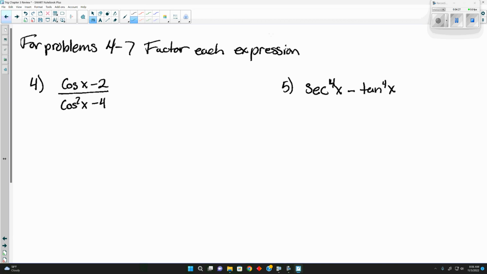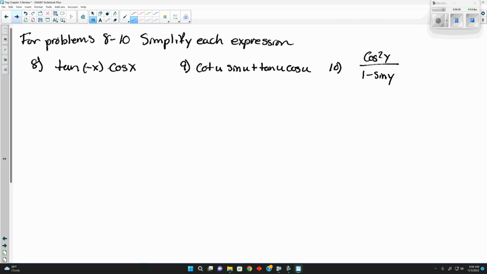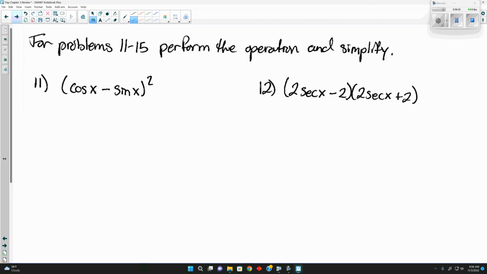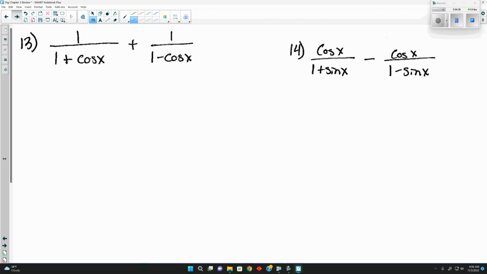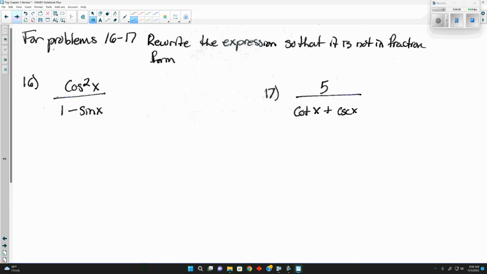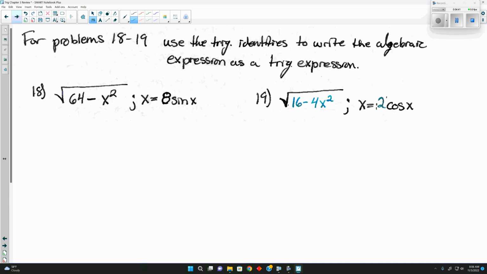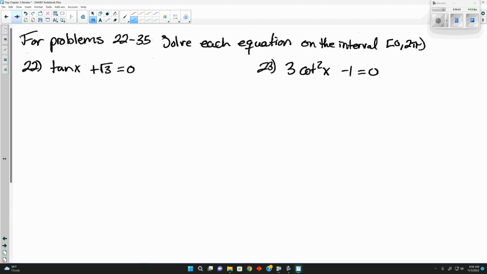Well, for 4 through 7, factoring is not going to be on the test. Simplifying these expressions isn't on the test. 11 through 15, performing these operations isn't there. Writing these forms, 18, 19 is not there, 20, 21 is not there. However, we do have some solving. That will be on the test. So, we can look at